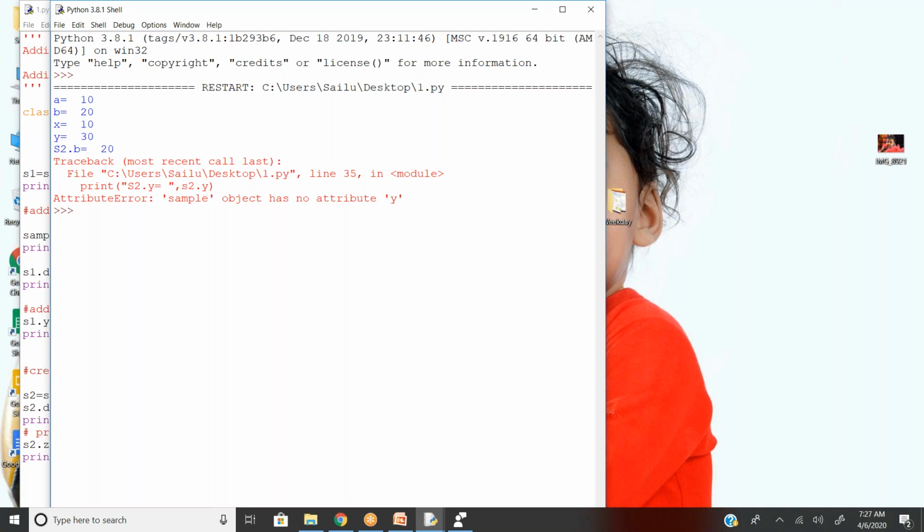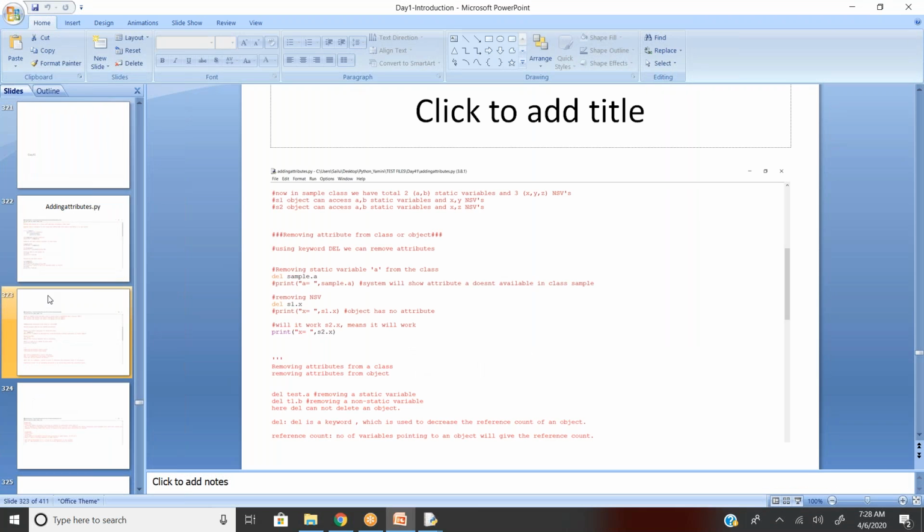So that is the reason you can see the attribute is not available for the S2 object. Are you getting my point? So non-static variables are dependent on your object, and static variables are independent of your object. Hope you're clear what I'm trying to say.